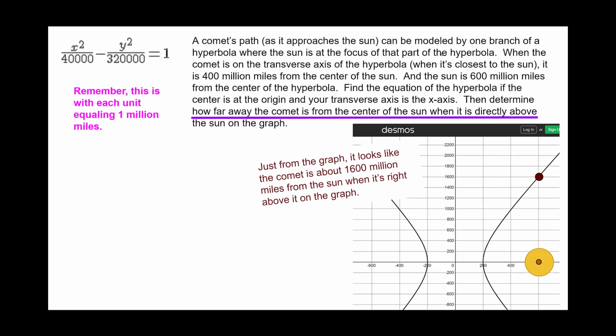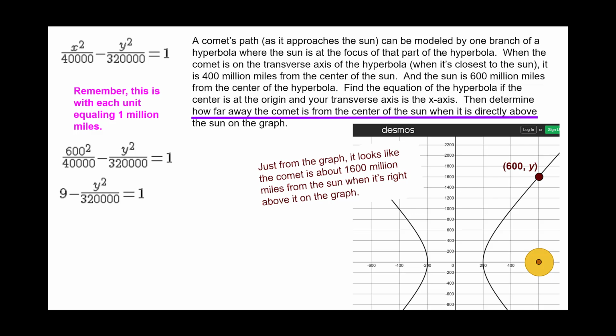So let's find out algebraically and make sure. Maybe it's just 1,600, maybe it's a little bit less, maybe it's a little bit more. We need to actually do it algebraically. From the picture, if it's right above the sun, we know x has to be 600, so we're really looking for y. Plug it in to the equation,